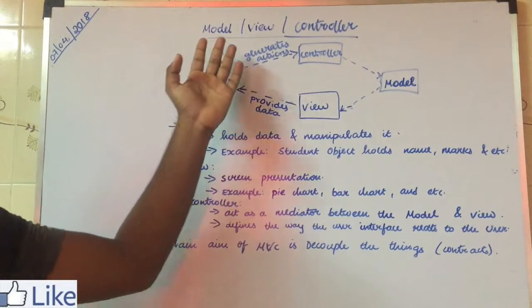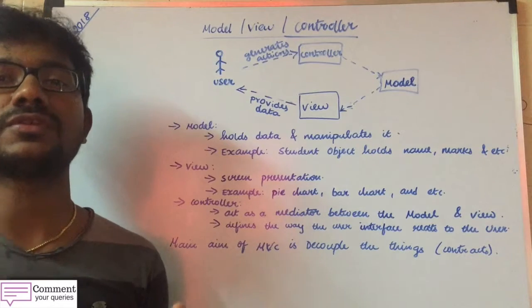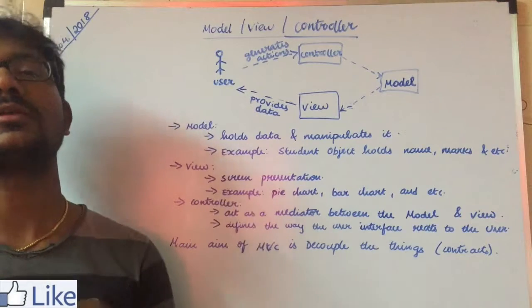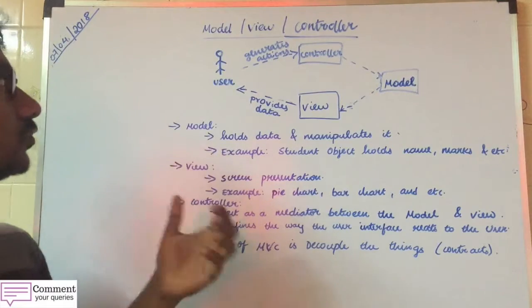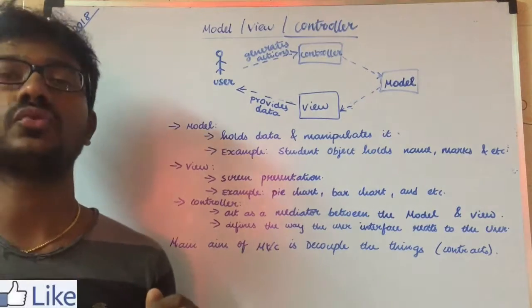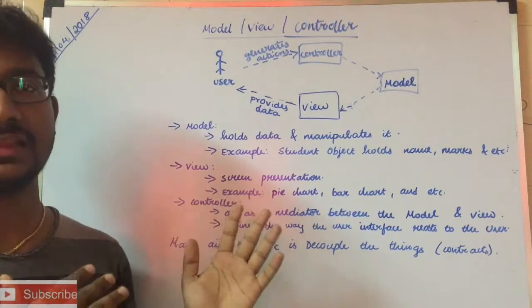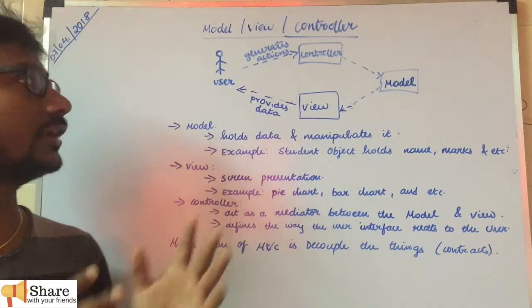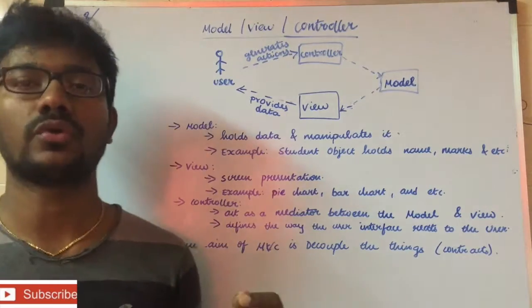Now we are going to discuss model view controller. This is an important topic for the next series of videos. The Gang of Four invented 23 software design patterns, and they use this model as the base for those 23 design patterns. So you can imagine the importance of this concept. This is a theoretical one, so please try to watch this video fully, because I will try to relate these theoretical concepts with real-time examples so that it won't be very boring.